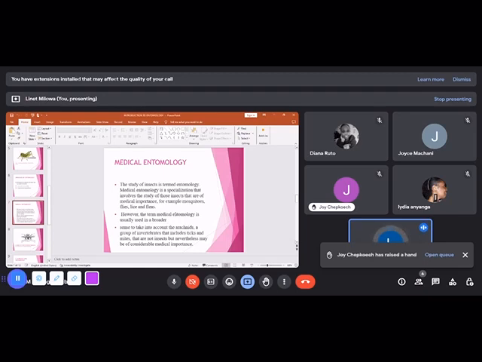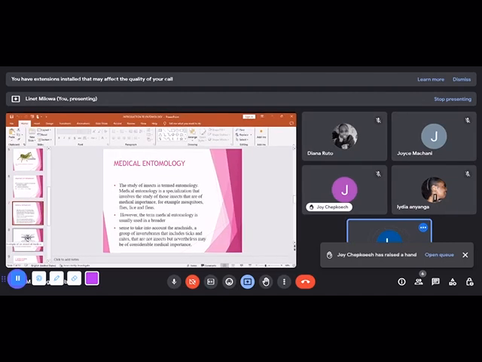So generally this branch is very interesting because we are going to study the most parts of the insects, the DNA parts of the insects, the external parts of an insect, so that we can come up with a solution on how to prevent these insects from transmitting various diseases to human beings or to livestock. So medical entomology is always very interesting and it is broad, and I'll give you the notes on that part